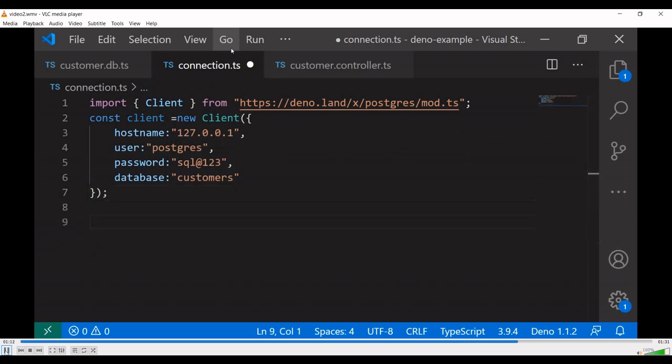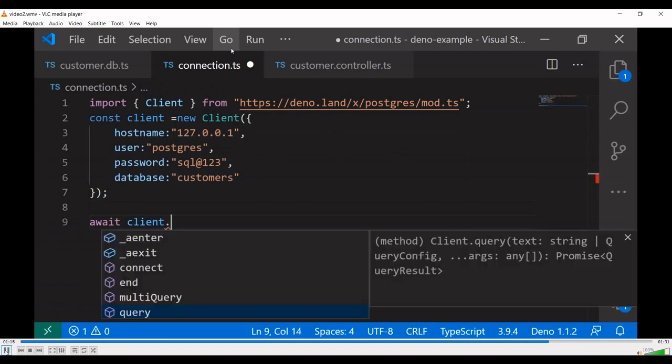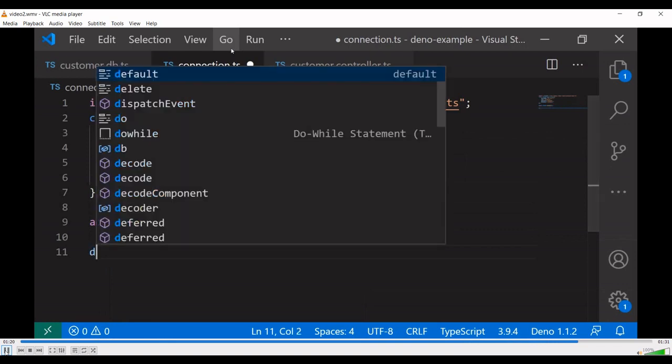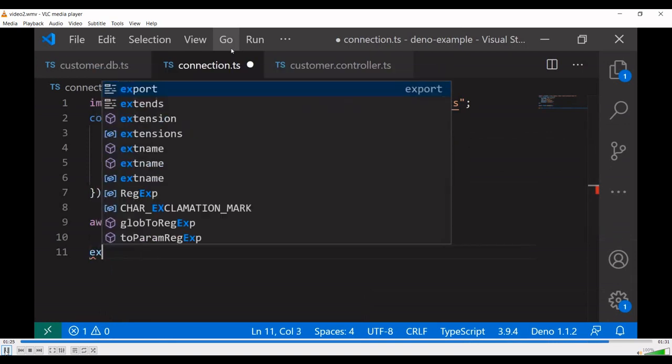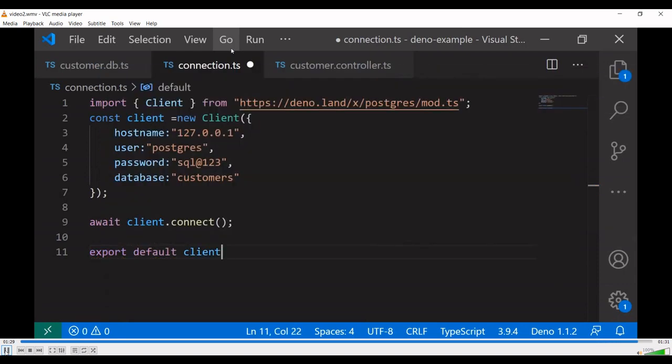Next, we have to open our connection. It's an asynchronous connection, client.connect. It will establish our connection. Export the client as the default because we are not going to add any more class in this client.